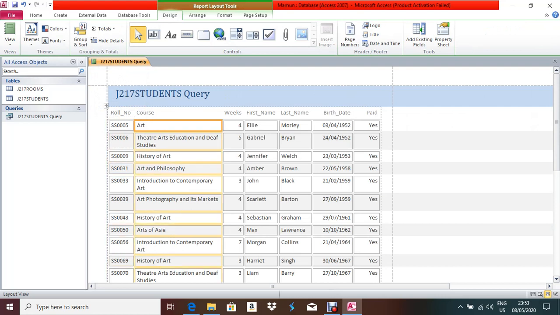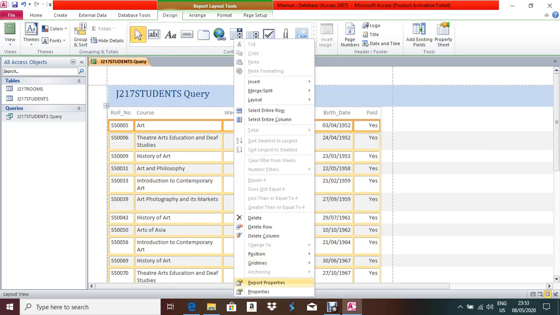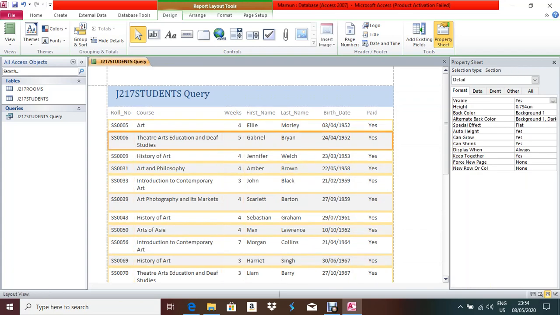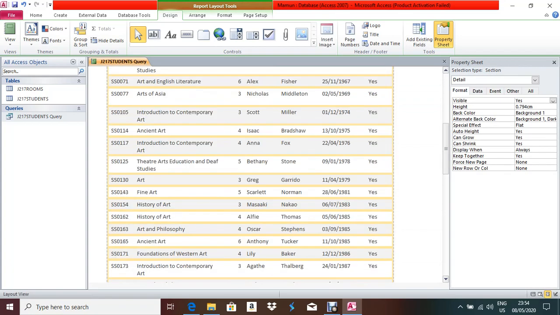Now select this one, first column value, then press the Ctrl button, select the other things, and right click here, then properties and border style. It should be transparent. Now check, it looks like a normal report.